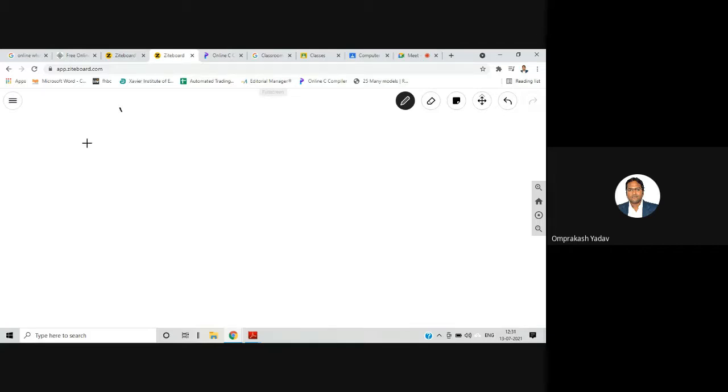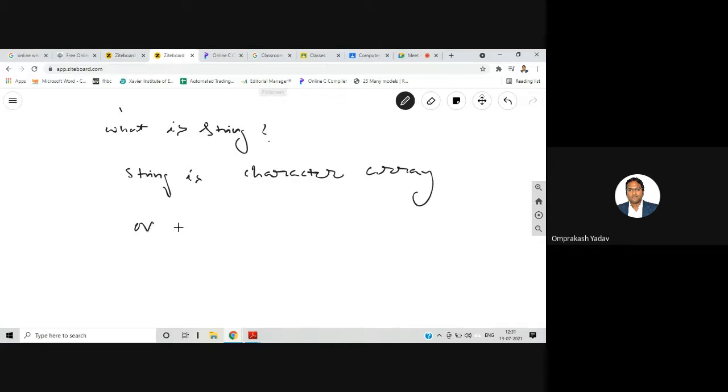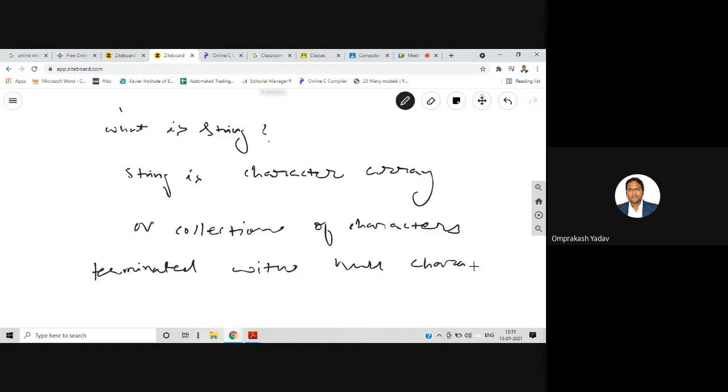So now, what is a string then? String is a character array, or a collection of characters terminated with a null character.